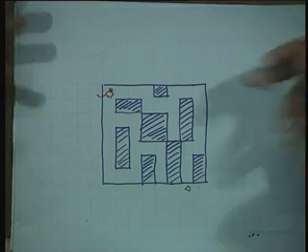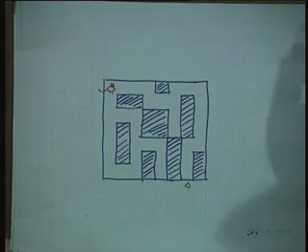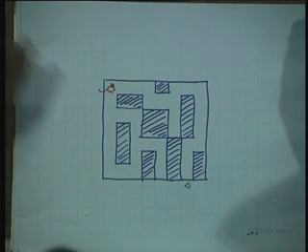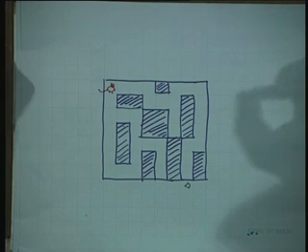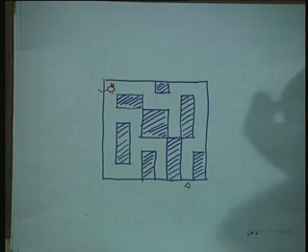So, this can be thought of as a graph in the following sense. At each of these squares I put down a vertex. We will come to that in a minute. So, what will the mouse do? The mouse is not going to do a breadth first search, unlikely. It is not even going to do a depth first search, but what it ends up doing is something like a depth first search.